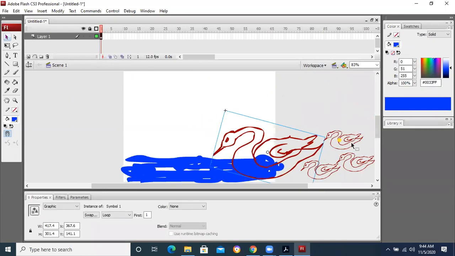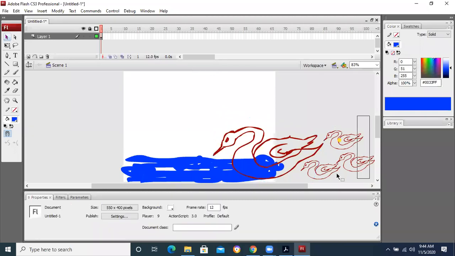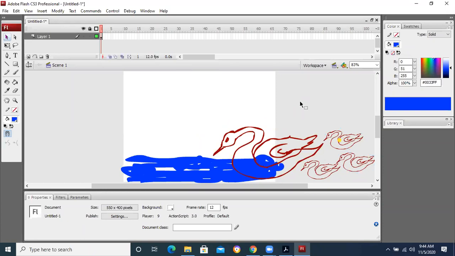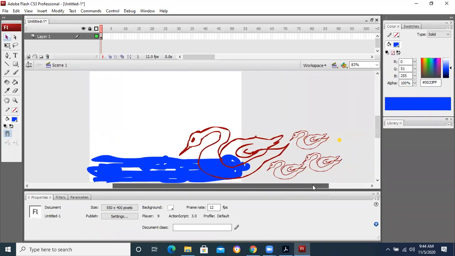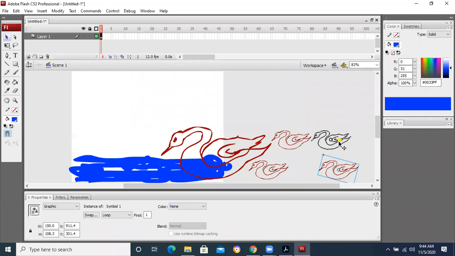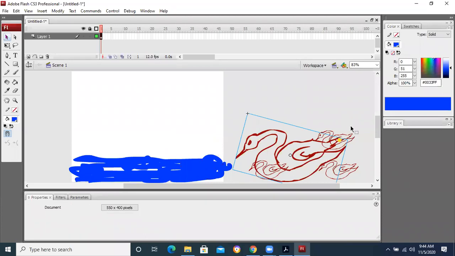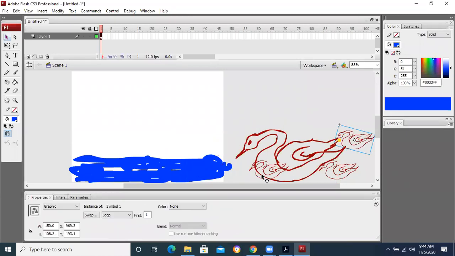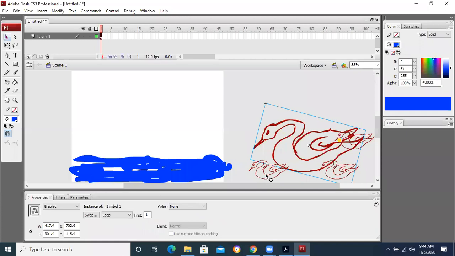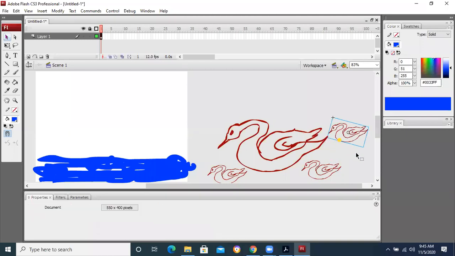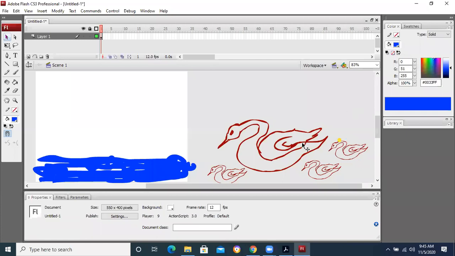So I have selected basically, when I am selecting, the water is also being selected. So this should not be that because we are going to make the movement. So what I am going to do, I will place the objects outside. If the water is also selected, of course it will not create a proper effect of movement. When the object is coming from the outside, it will not be visible until it comes to the stage.